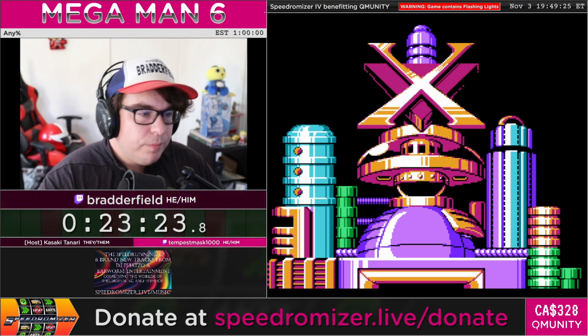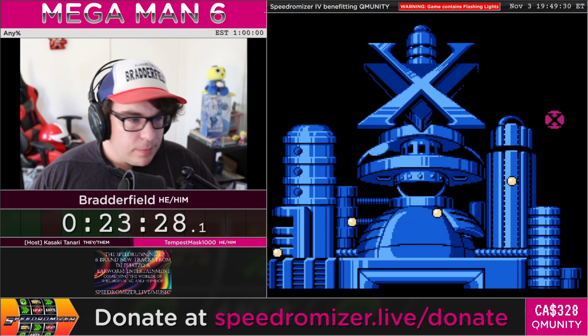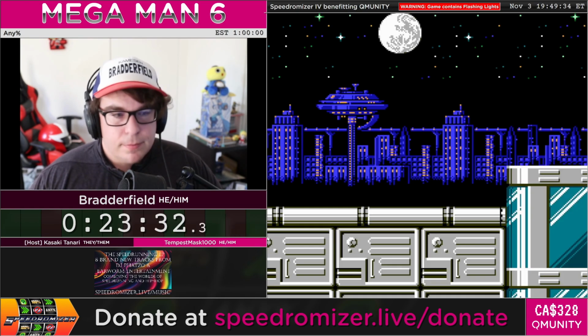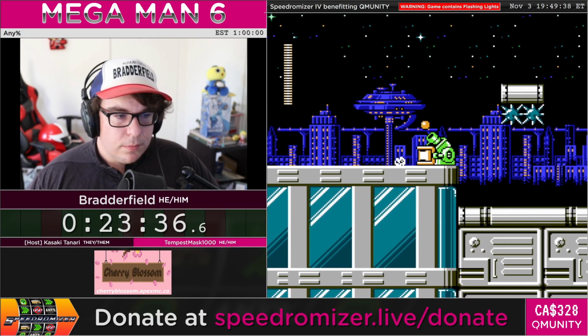Oh yeah, last thing to note about the Rush Armors, though: both of them do come at the cost of robbing you of your slides, so if you want to start sliding again, you have to go all the way into the pause menu to get out of it. And, well,